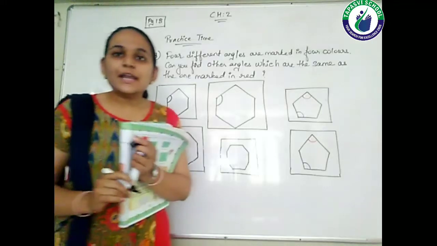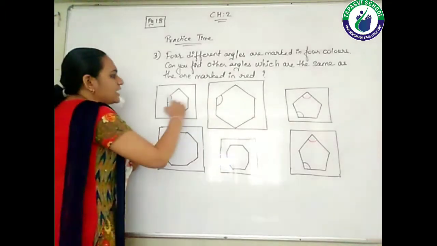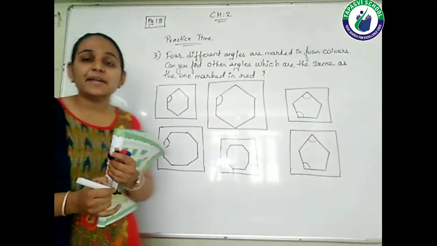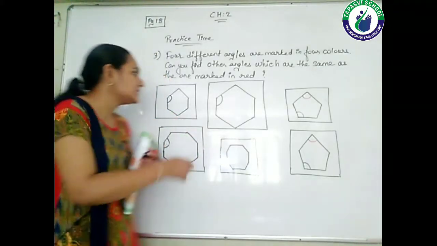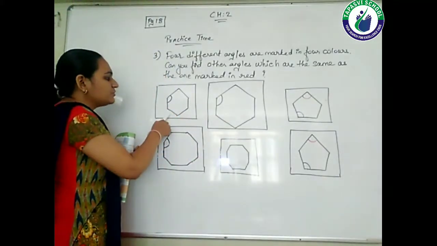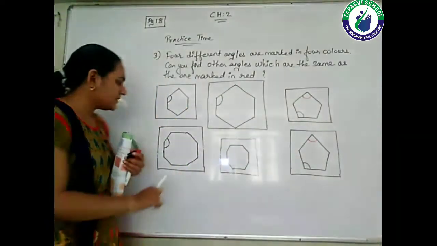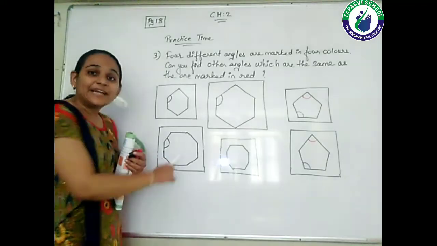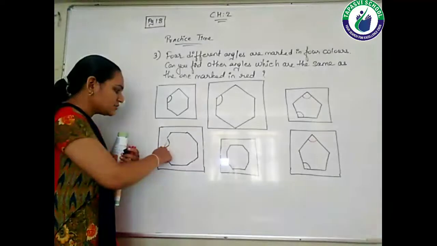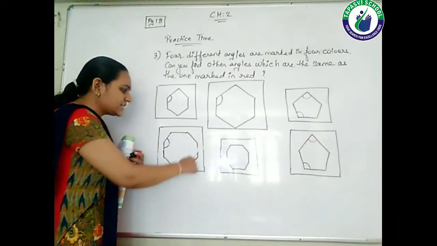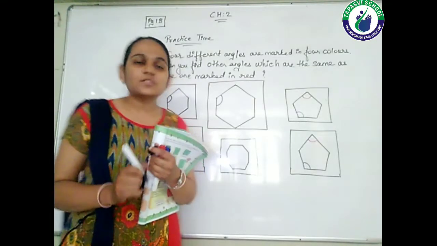Now see below, this shape is called a hexagon, students, because it is made up of 6 lines. That means a 6-sided figure is called a hexagon. See the 6 sides, 1, 2, 3, 4, 5 and 6. Now see the figure below, students. This is an 8-sided figure which we call an octagon. So 1, 2, 3, 4, 5, 6, 7 and 8. Total 8 sides are there, so we call it an octagon, students.